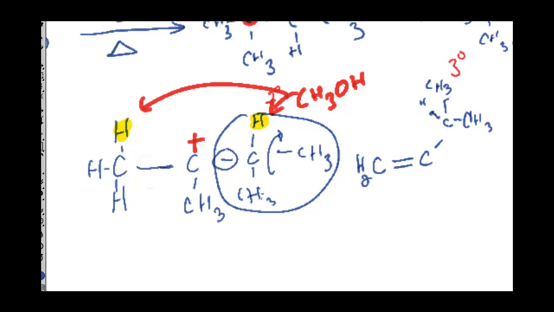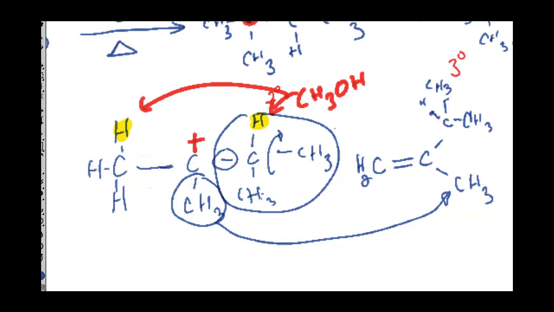So 1, 2, 3, 4. That's right. And then the bottom one would be a methyl group. Okay, so that's this group right there. That goes right there, and that goes right there. So this is disubstituted, and we're looking at the hydrogens being replaced by carbon-containing species. That's what substituting means. So this whole thing right here counts as a